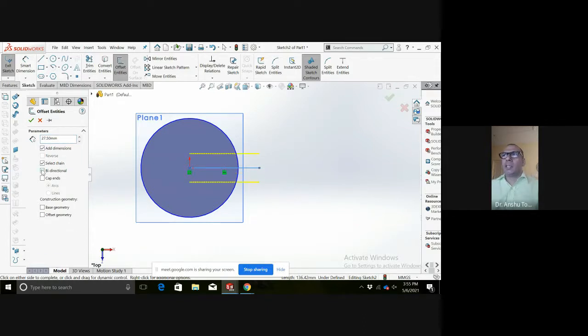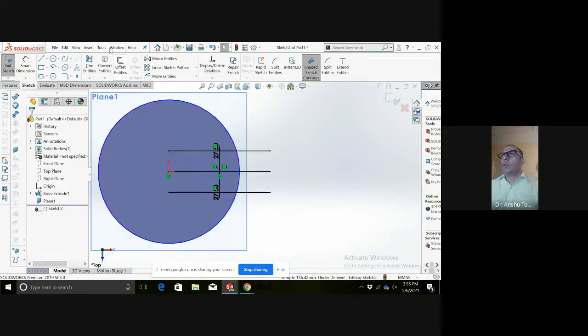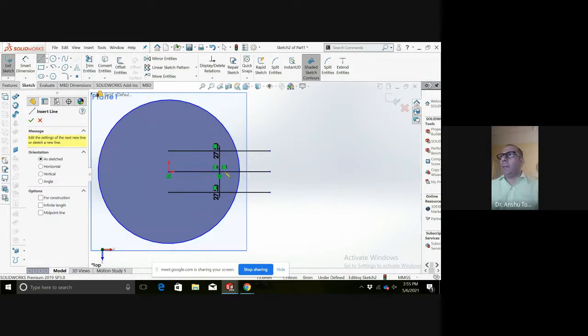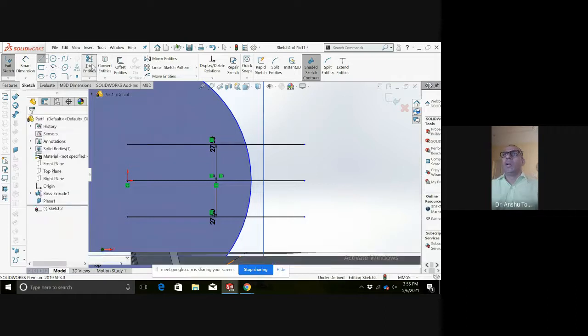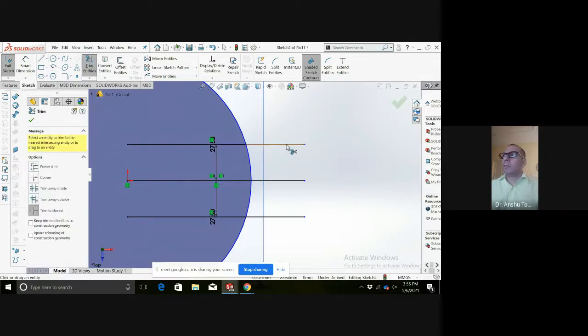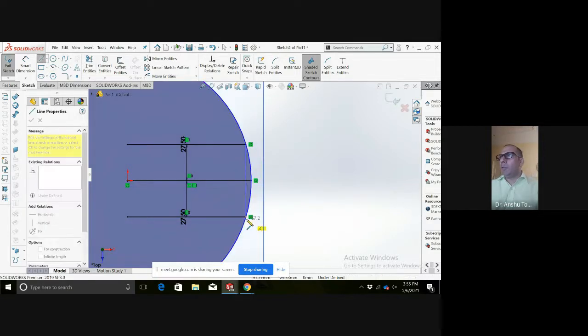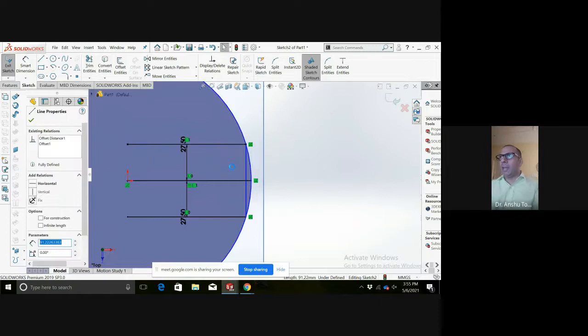That is bidirectional. So now I will join this particular line. Trim, we can straight away trim here. Then I will join it. I will be able to formulate a new line which is going to be the starting of the staircase.